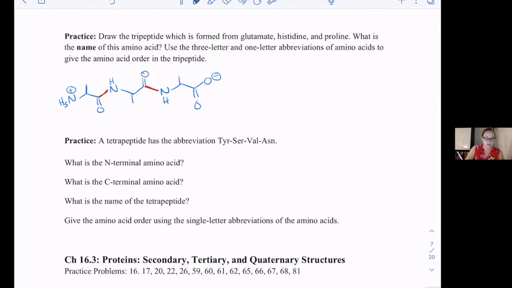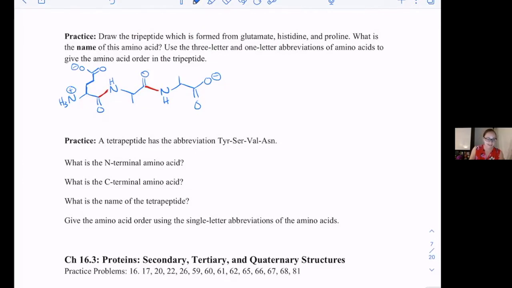Okay, so now we have been told which amino acids in which order. So first we have glutamate, and you go back to your reference chart to see the structures of these. This is one of the charged amino acids, so it's got that carboxylate on the end. We have our peptide bond. Then our second